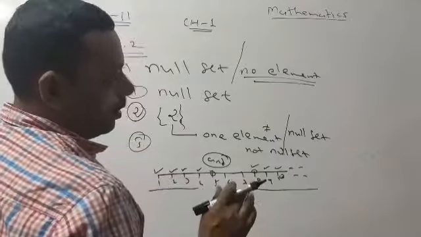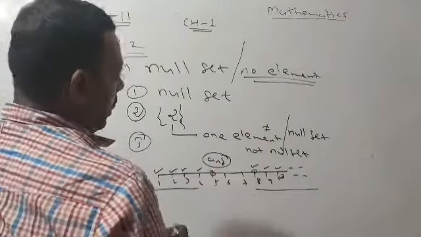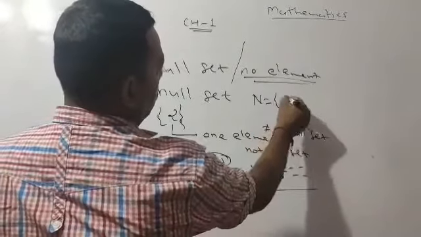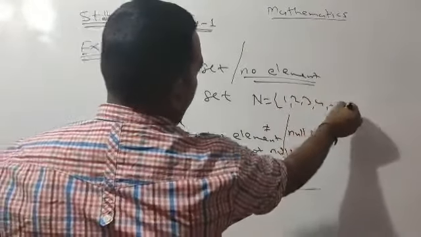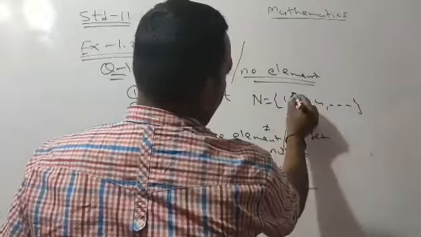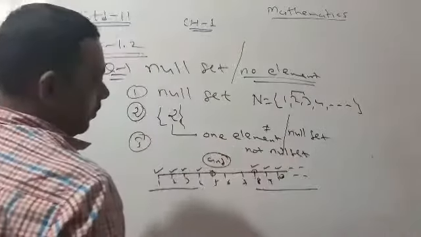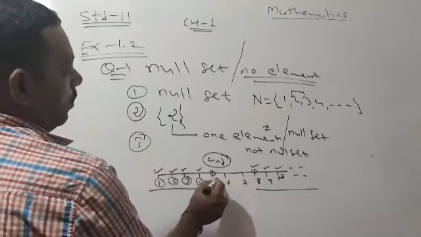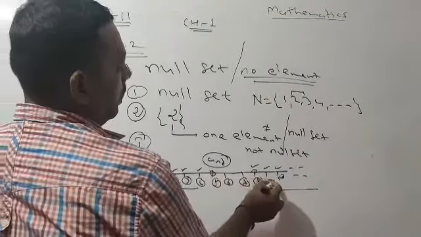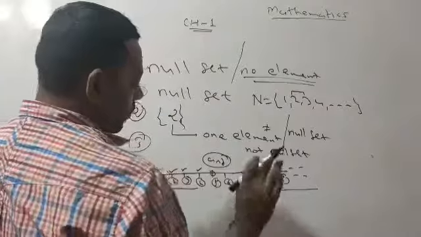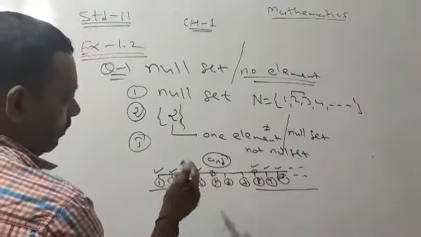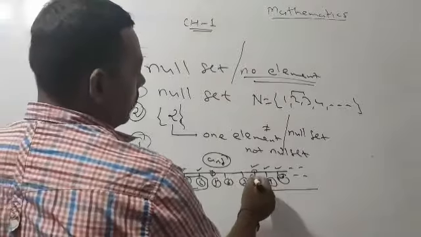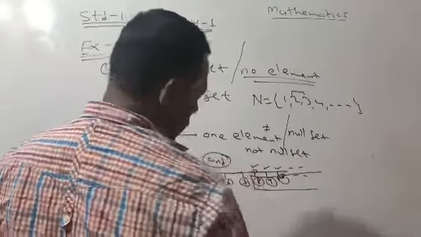See, here the number is a natural number, and you might know that the natural number set contains 1, 2, 3, 4 and so on. There is no number between 2 and 3. That's why I consider only 1, only 2, only 3, 4, 5, 6, 7, 8, 9, 10 and so on. But my question contains smaller than 5, so only these 4 numbers, and greater than 7, so 8 onwards all numbers.